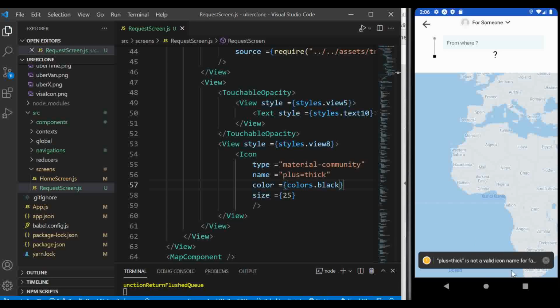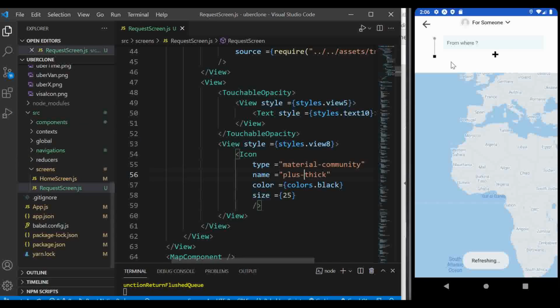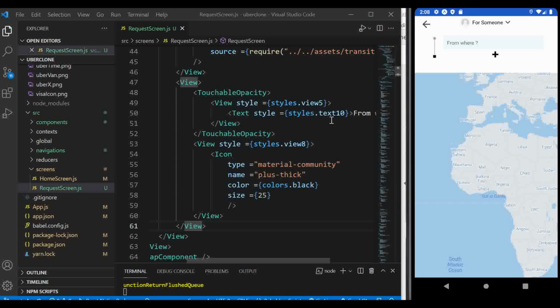First of all, it's complaining about the icon name. This is supposed to be hyphen or minus sign. So let's see. This icon is in the wrong place. It's supposed to be at the end, and so